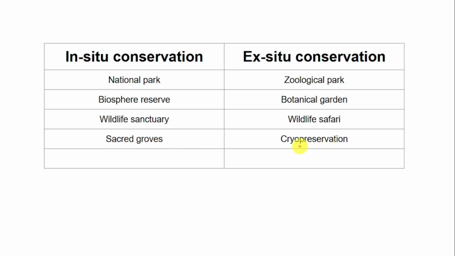Cryopreservation. Cryo means freezing, so preserving something by freezing. When you bring down the temperature, it reduces the enzyme activity, it causes cell arrest, and then the cells will remain viable as well as fertile for a long period of time. Biodiversity hotspots, total 34 are there, out of which 3 are found in India. And the last point in ex situ conservation is seed bank. So learn these names by heart. It is a definitely asked question. It is asked every year.